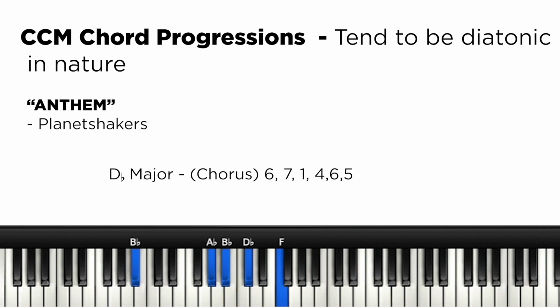So 6, 7, very simple. Go to 4, 6, and 5. Something like that just keeps repeating. Again, it's in D flat, right? This is the version I pull up on YouTube, and they start off on Hallelujah. Either you can go the 4 over the 6, or you can just go 6, 4, 5, rather, A flat over 7 and 1.